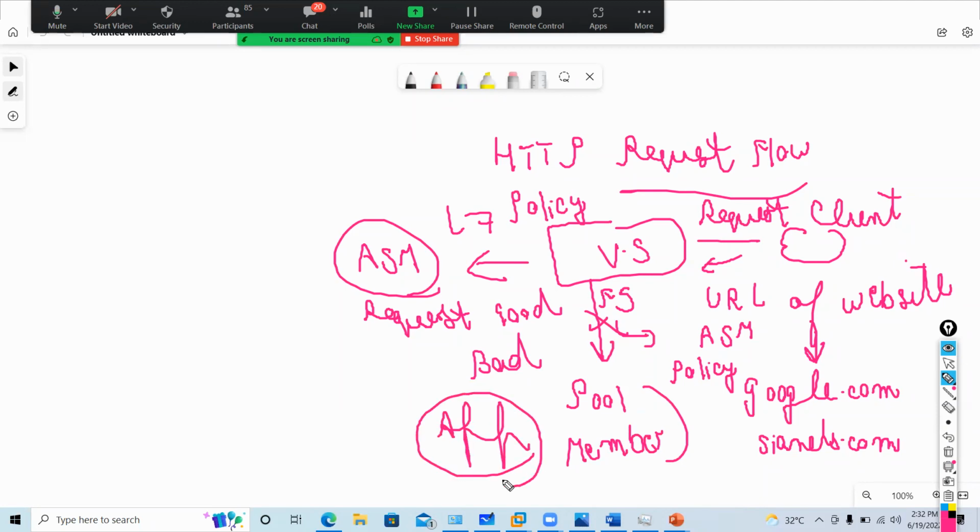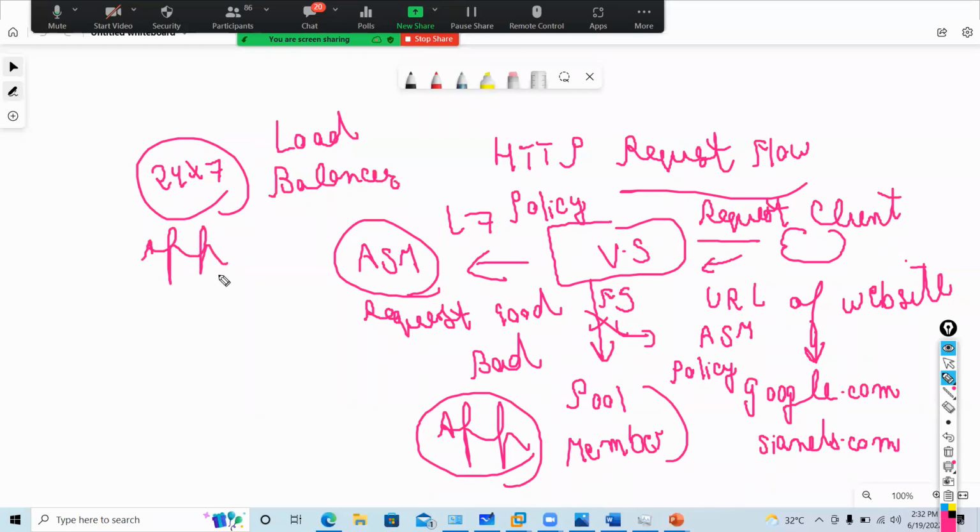So when hundreds of users come to F5, the main purpose is that I want to access my website 24/7. That is the purpose of your load balancer. My application should work 24/7, but I want security also. If the F5 virtual server does not have a layer 7 policy, then traffic will go directly.